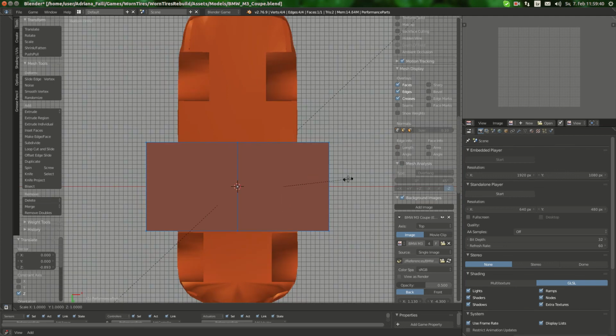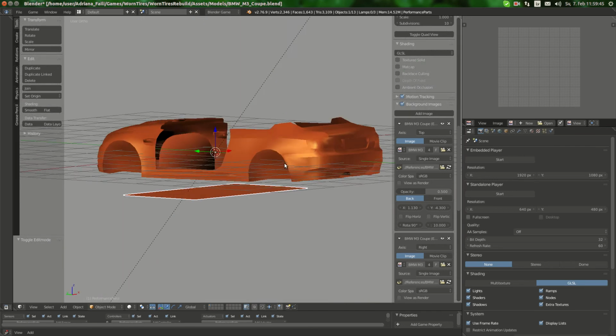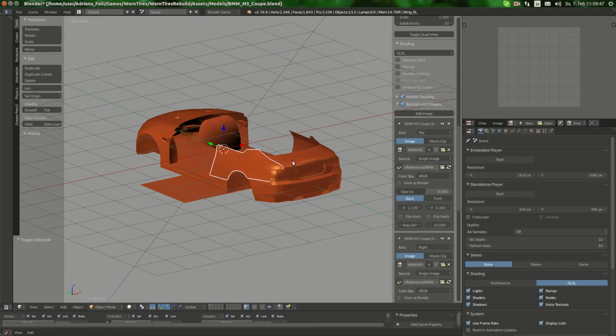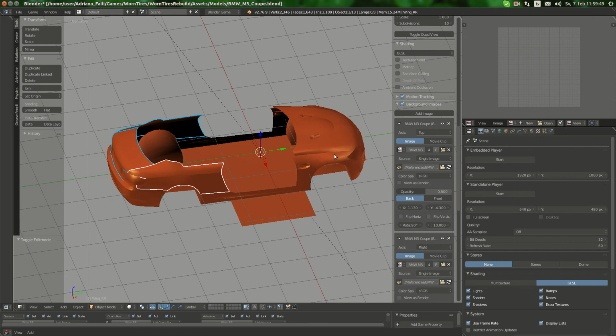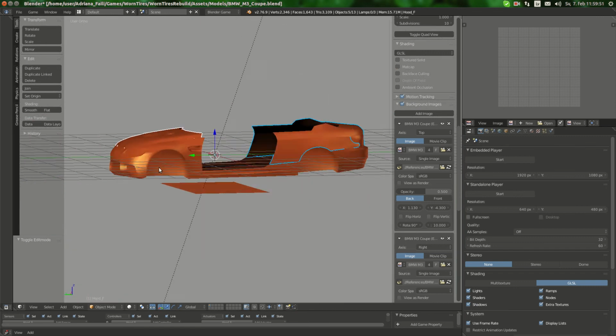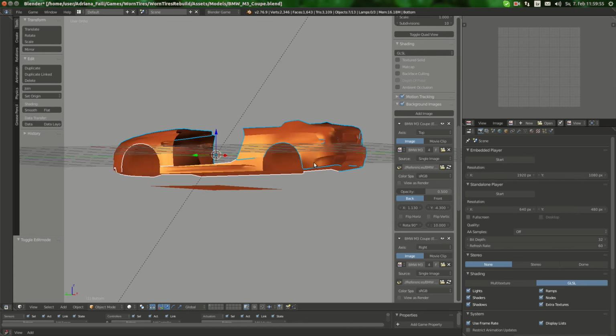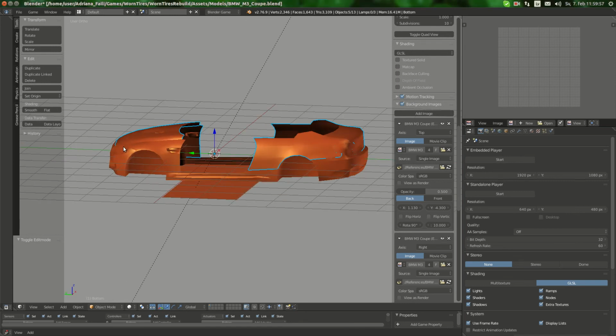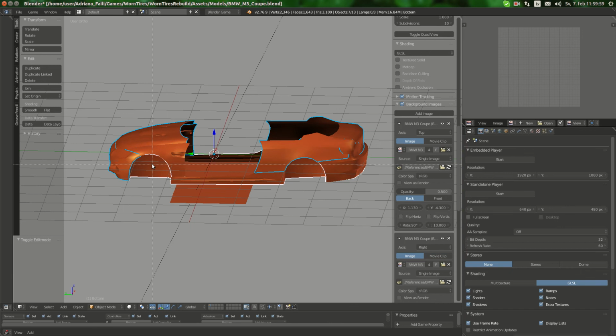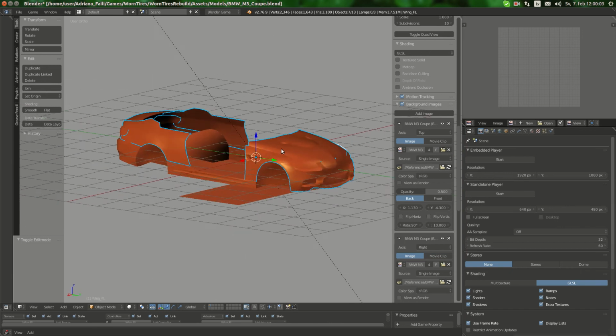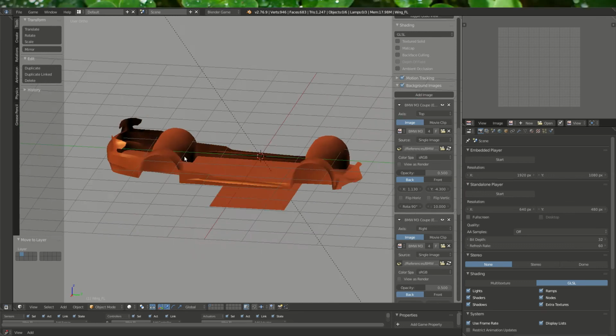I'll go in orthographic, and before I model it, I'm gonna select anything except the bottom. And rear bumper, and everything else I'm gonna move it to layer 2. Okay,